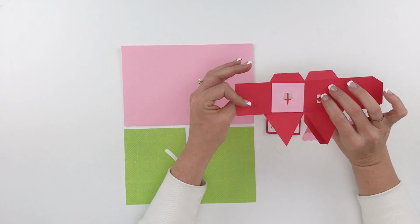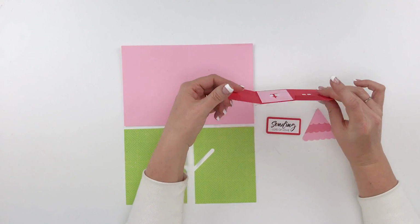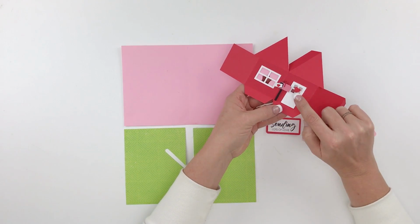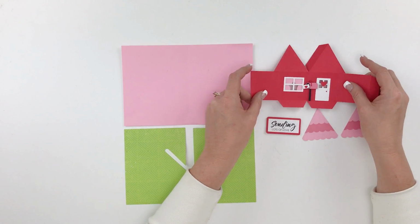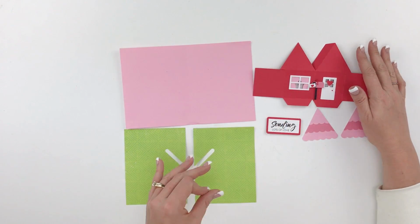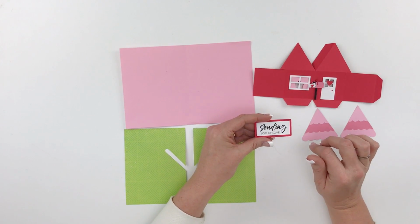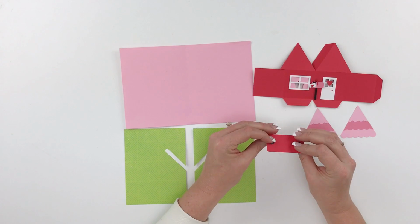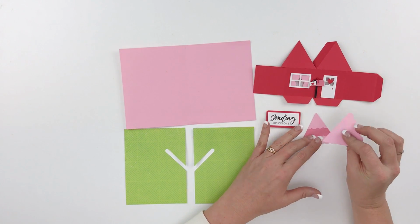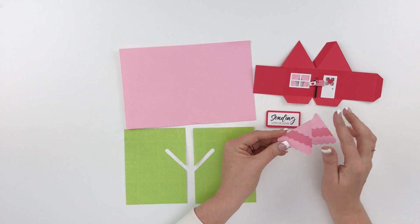So the other thing I've done is put the curtain panel on the back side of this window and put the window casing on and the door on and a little pop dot with a heart on the front door. So I've gone ahead and layered all those things to that point. And everything else I've just gone ahead and cut out. I did the print and cut here and glued that to its little matte piece. And then these pieces are for the roof, and there's 3 scalloped pieces, and I've gone ahead and glued those